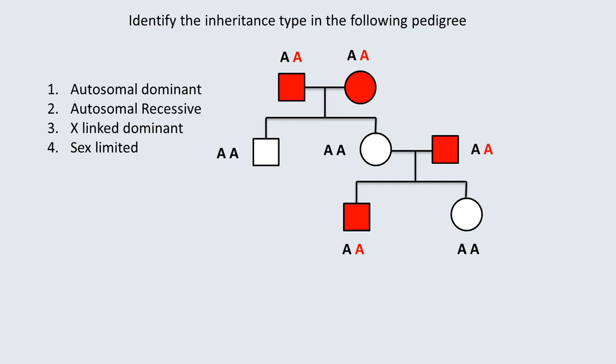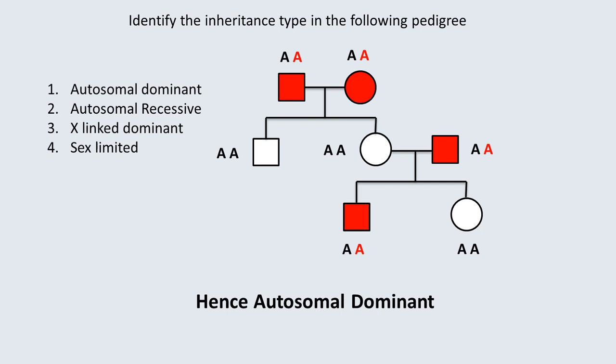You can see that the first generation male is affected, but his daughter in the second generation is completely normal. Similarly, the affected male who is married to the healthy female of the second generation, even they are having a daughter in the third generation, but that daughter is also completely normal. So based on this particular statement, we can completely rule out that this pedigree follows X-linked dominant. So hence, our answer is going to be autosomal dominant.